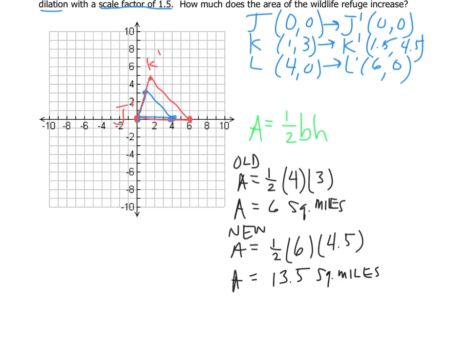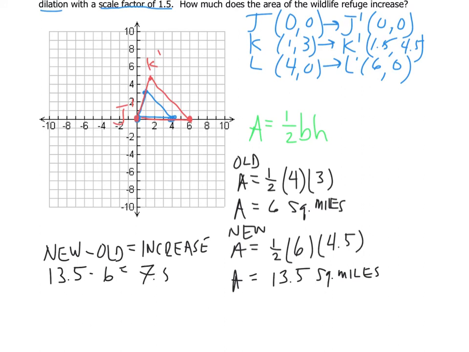And they're saying, how much does the area increase? So basically, I'm going to take the new and subtract the old to find out the increase. So 13.5 minus 6 is 7.5 square miles. So it wasn't just about doing the dilation, we had to figure out a little bit more to find the answer. So basically, as a quick overview so that we can be done,